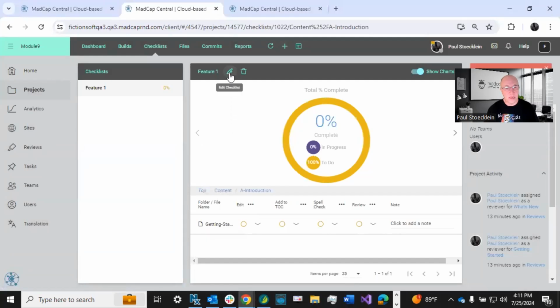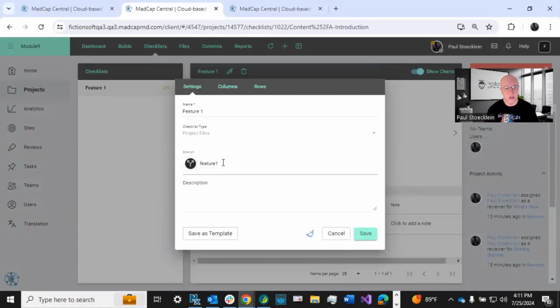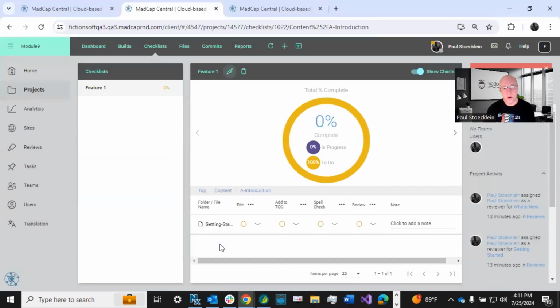Now I can come up here, go into the properties, and I could change the branch to something else. You can do that, but just one word of caution, really you should create a separate checklist for each branch that you need to. And the reason I say this is because if you come in here and you set the status on a topic, and that same topic is in the other branch, and then you change it to a different status, and then you go back to the original branch, if you're just kind of flip-flopping like that,